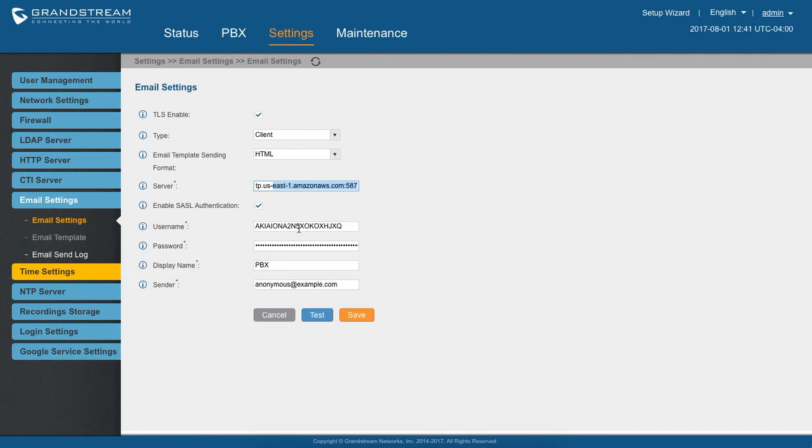For the username, I have this. This is from Amazon SES. Like I said, it generates a username and password for you, and then I put the password in. So you need the host, port, TLS yes or no, and then SASL authentication, username, password, and then the display name. This is who it's going to come from. So let's do JCM PBX, and then I'm going to change the sender to no reply